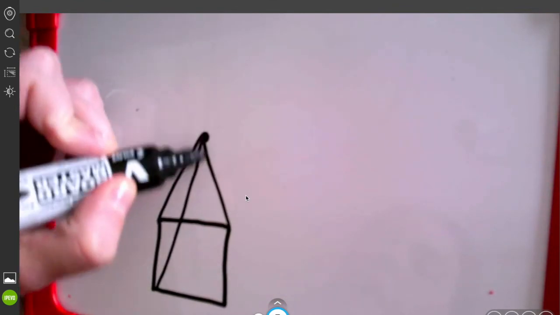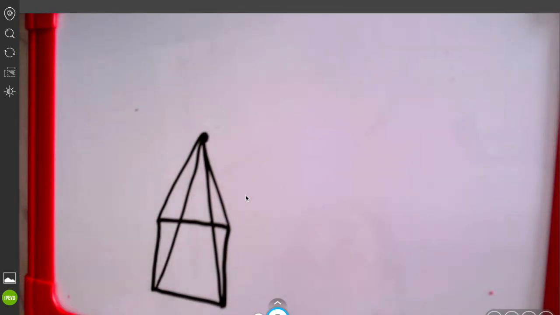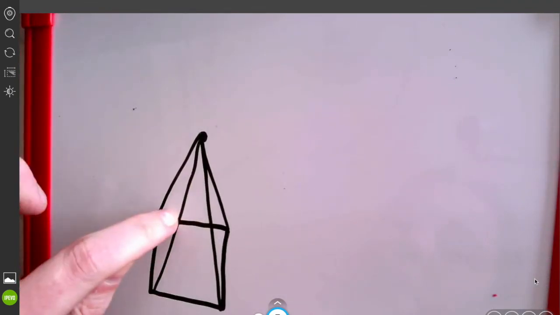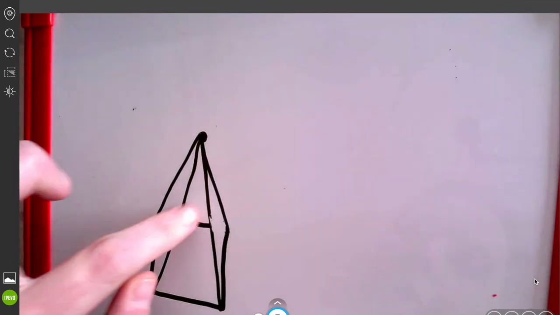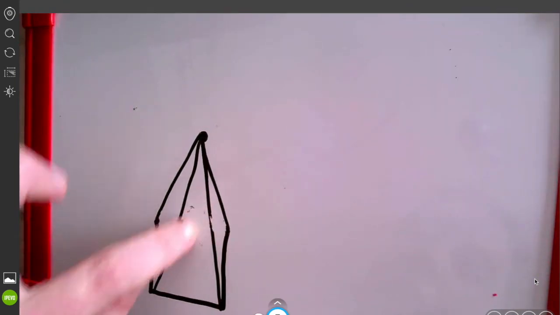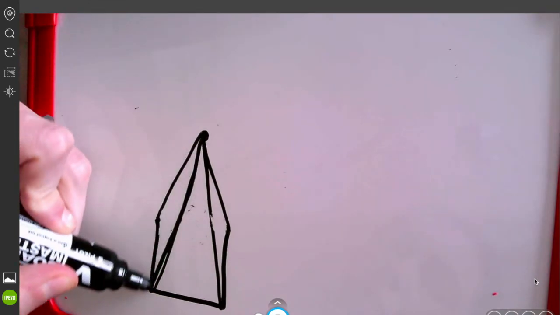And this is where having a ruler is really good, because those lines are a little bit wonky and a ruler would have made them look much better. So at the moment I have a transparent 3D shape here. And if I wanted to make that look like a solid 3D shape, all I'd have to do is rub out these bits here. If I imagine, I shouldn't be able to see those looking through the shape, because that is the back edge of the shape that I shouldn't be able to see. So just by rubbing out those back edges, now all of a sudden I have a solid